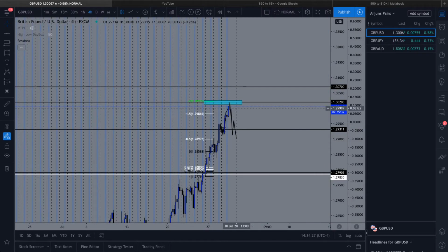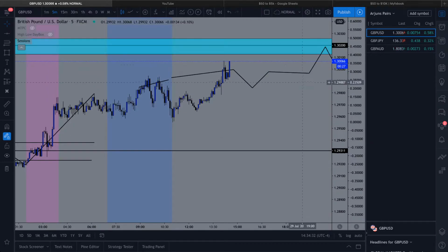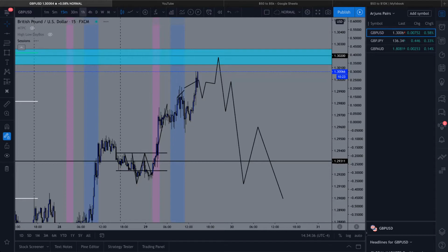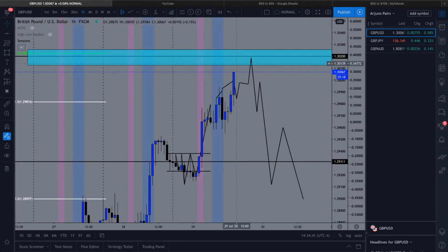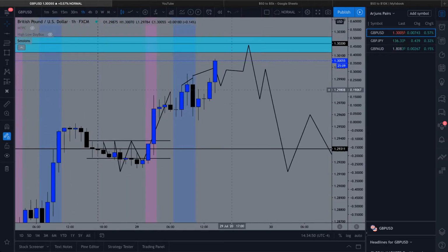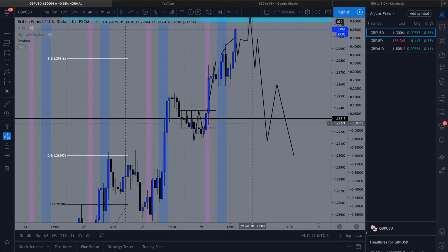So it'll be really nice to see how this plays out. I didn't risk super hard on it because I just put in a pending order, and obviously right now it's not technically the time to be trading this, but with FOMC and stuff like that, you can expect the market to move sometimes when these major news events are happening. So I'm expecting this push to happen, melt back down, and then retrace, at least back down into maybe